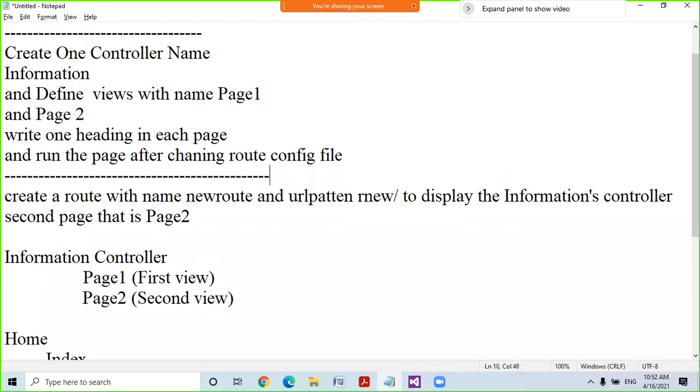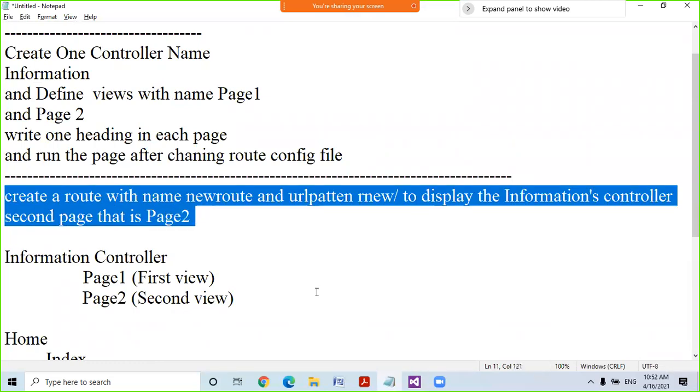All right. Now, the second part of the question is create a root with the name new root and URL pattern rnew to display the information controller's second page, that is page 2. अब हमें इस पर काम करना है. We just want to work on this. So, without wasting time, I just want to create the new root.